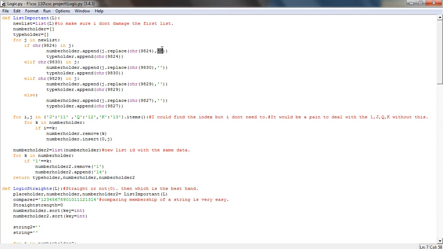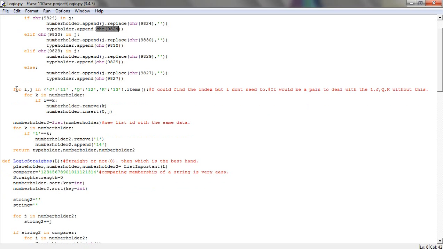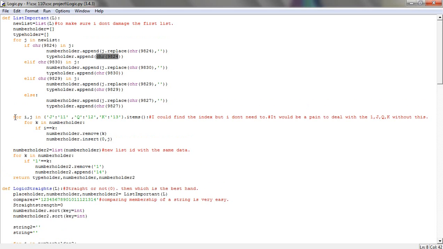They just transfer to nothing in Python, and for type holder, one of these is appended, and that's how I'm having this, because I only have one possibility for all these. They are mutually exclusive, so that's why I'm using if, else if, and else. And then what I'm basically doing over here is